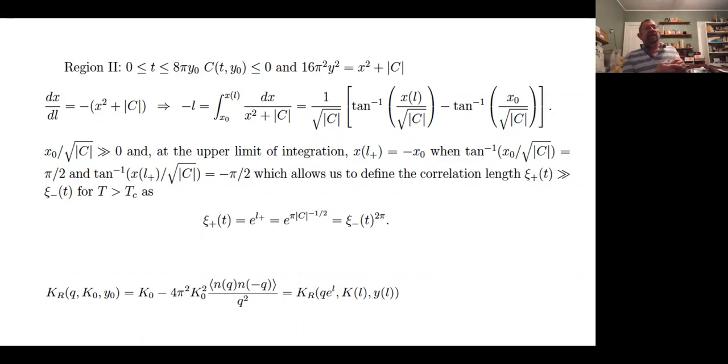And the initial value, inverse tangent of x naught over root mod C, is just plus pi over 2. And so therefore we can say that